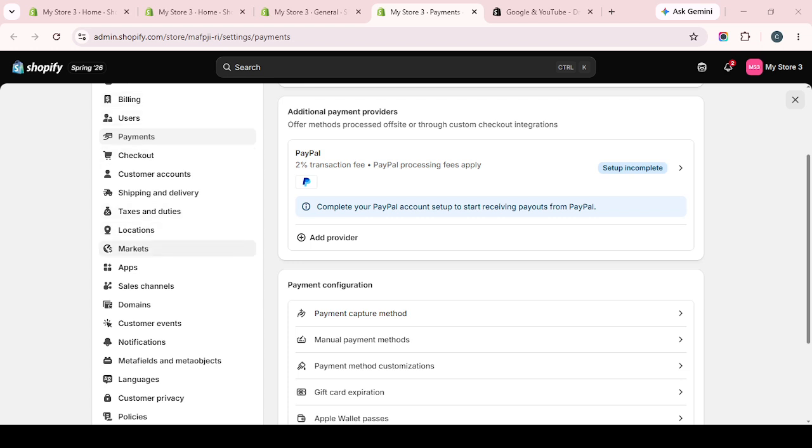Also remember that in some cases, statement descriptors can appear a little differently depending on the customer's bank or card provider. Still,